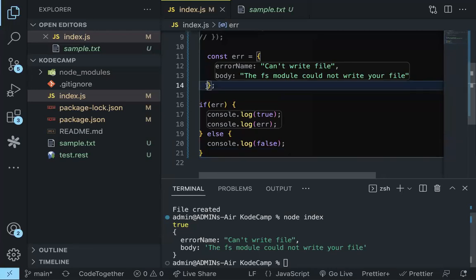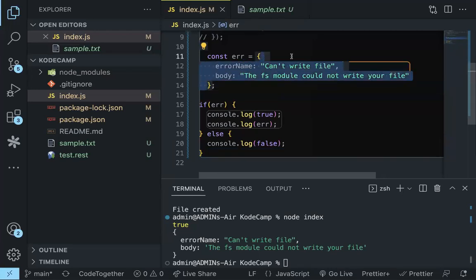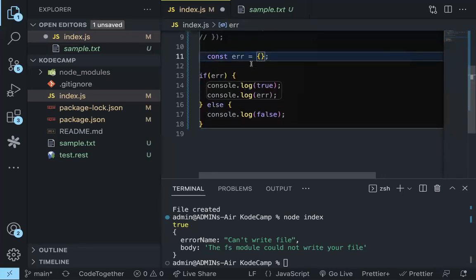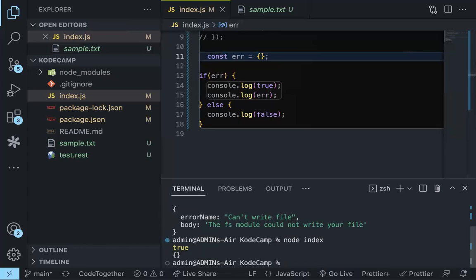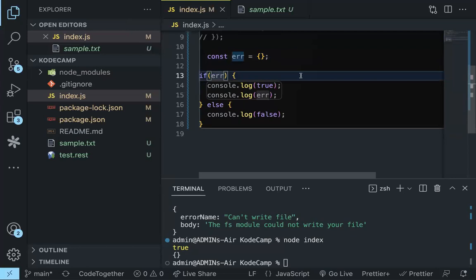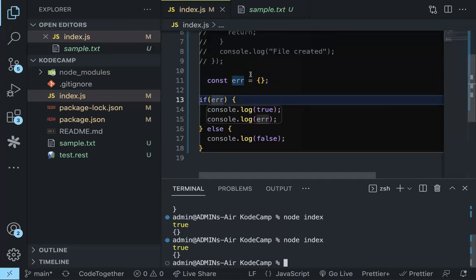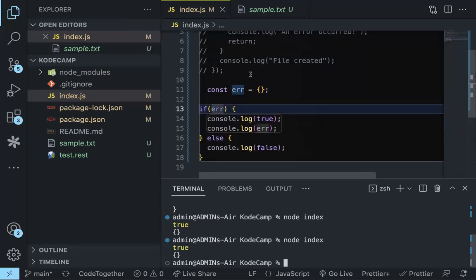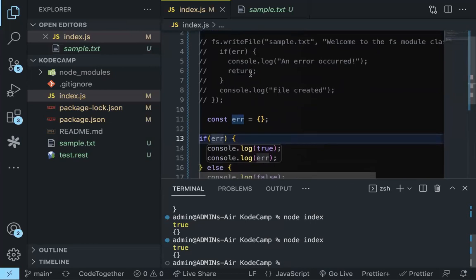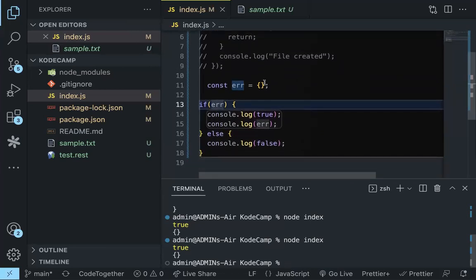But then if the ERR is empty, let me remove everything that is inside there. The error here, right, is empty. This is what is going to happen. Oh, it's still showing true. It's still showing true. I'm trying to simulate when, okay. So now